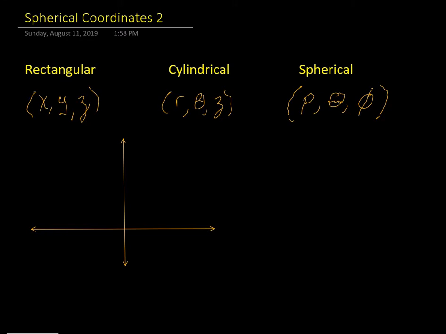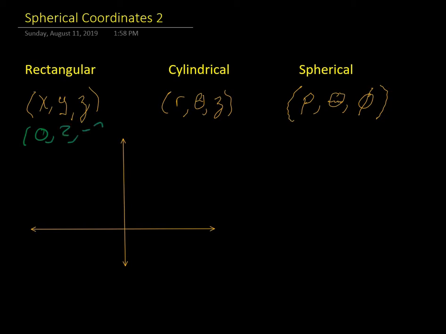Here's a second example of converting from the world of XYZ, called rectangular coordinates, into the worlds of cylindrical and spherical coordinates. Again, this is not intended for first-timers. This is for somebody who just wants to hear a walk-through and has already had a little bit of introduction. So for this example, we're going to let our rectangular coordinates be